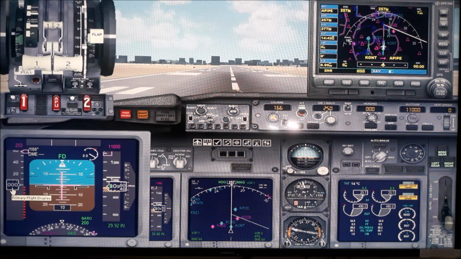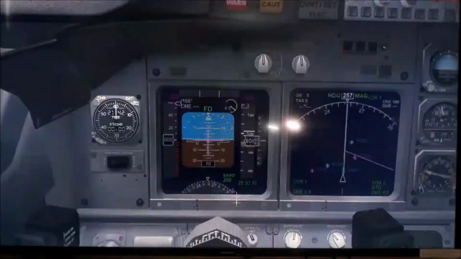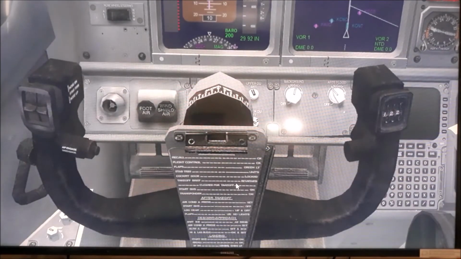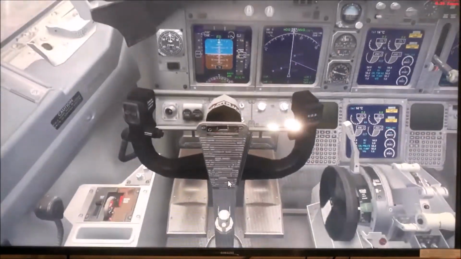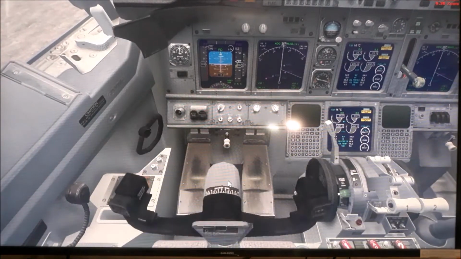It's called VR, velocity of rotation, when we reach a speed of 140 knots. So we will keep watch here, 140. There are other speeds, V1, V2, and all. We will not discuss that here. But right now we'll watch for 140, and at that point we'll take off. How do we take off? Now, how do we lift the plane? We lift the plane by using this input.